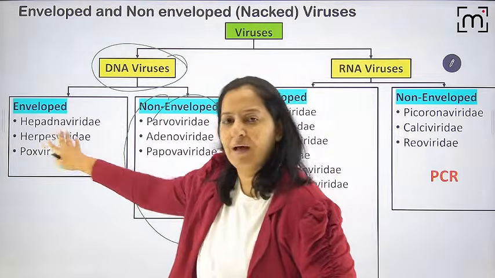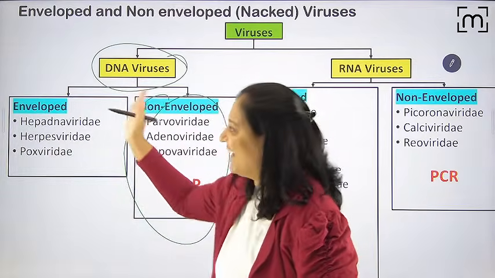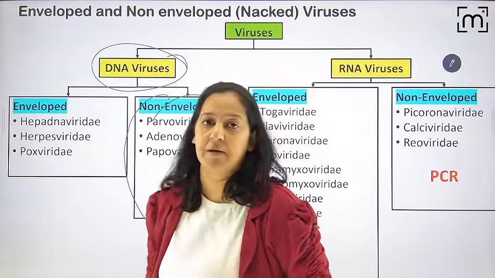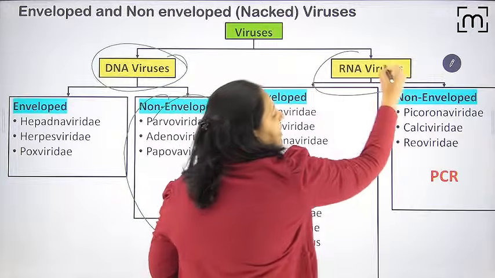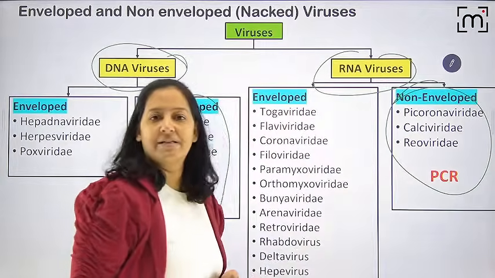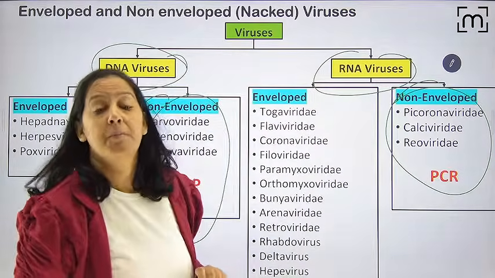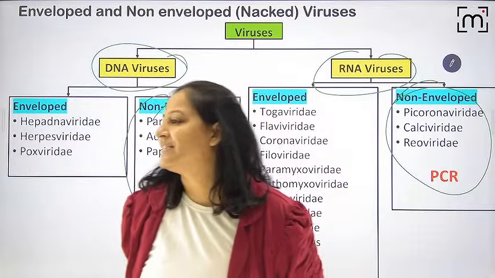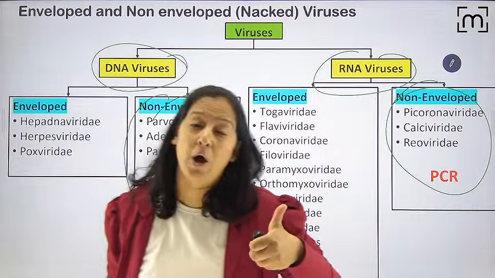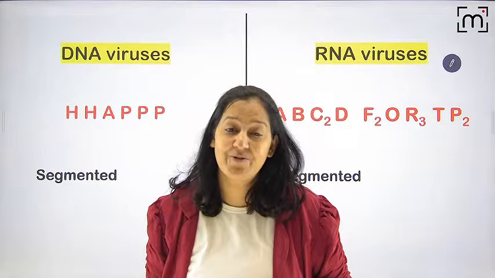Okay, don't learn this one. Learn PAP is naked. Obviously, whatever is in the pending list will go in envelope. Out of the 14 RNA viruses, learn PCR. PCR is naked. Obviously, the remaining 11 will come here. But what is the full form of PAP? What is the full form of PCR? Give me a thumbs up, people. I told you how to learn it. It is a trick. It's a story.